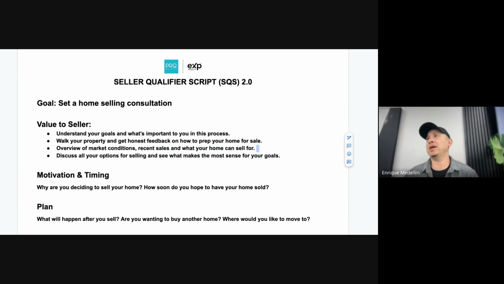to a certain extent. They don't care about if you're ranked #1 or #3 or #5. They don't care about that, right? In fact, that's not as important. What's important is, hey, this is what I need as the seller. These are my plans. Who's going to help me get to where I want to get to? Who's going to help me solve this complex problem of selling a home,